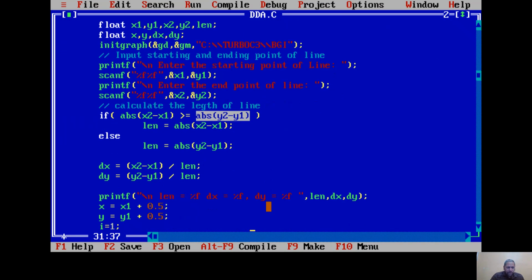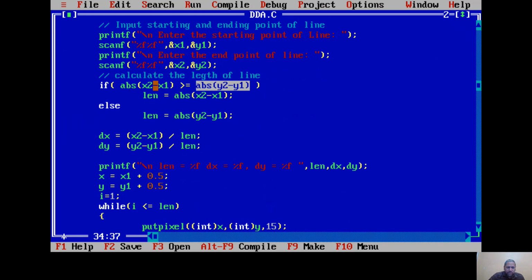Okay, so here we are assigning the highest between x2 minus x1, which is delta x, we can say, and y2 minus y1, delta y. So between delta x and delta y, whichever is higher, that is assigned to the length. Okay, now after this, what we have to do is calculate as per our algorithm,